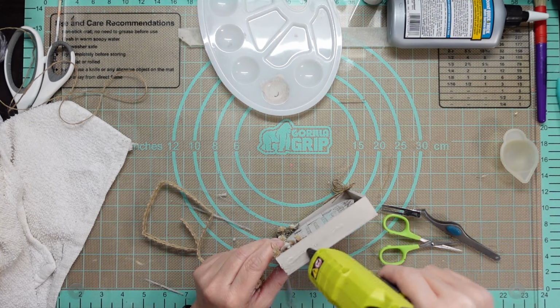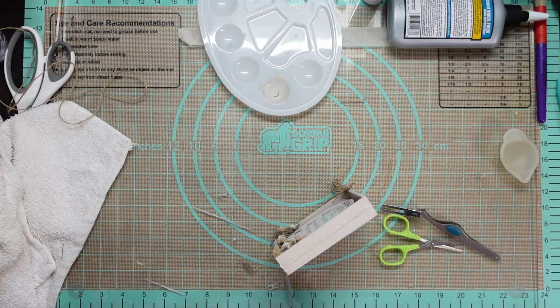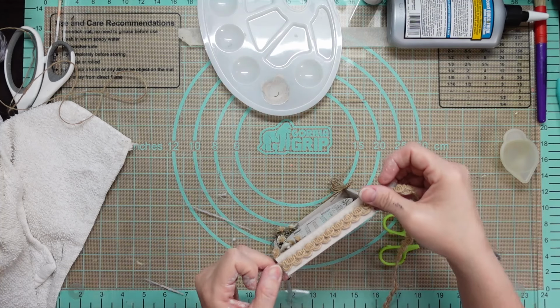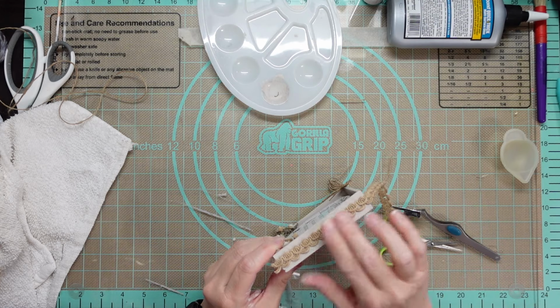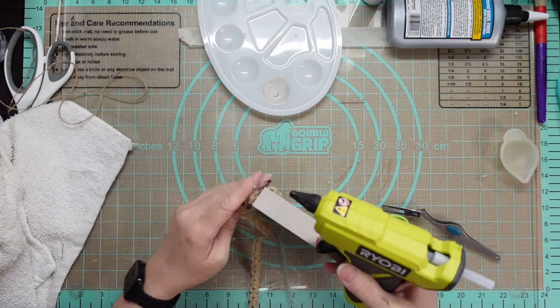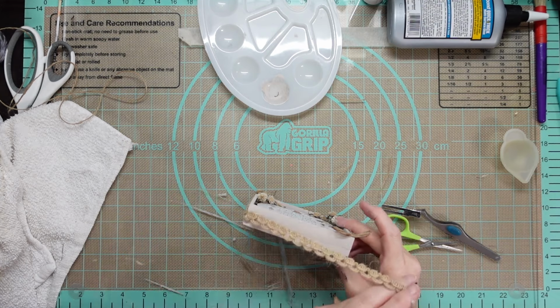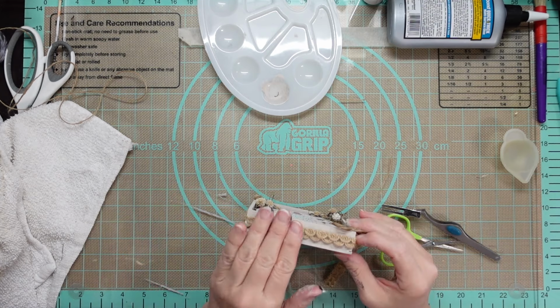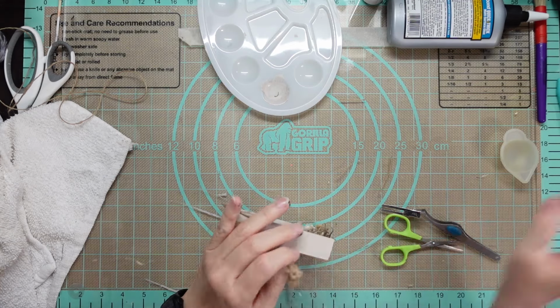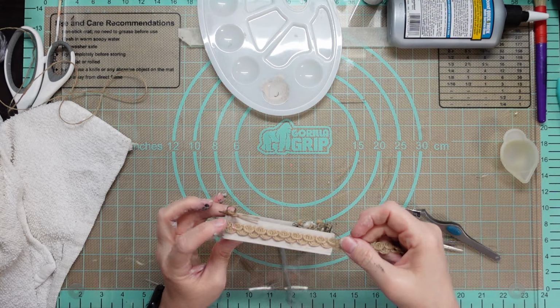So I'm going to take this jute ribbon from the Dollar Tree and I'm going to put a line of glue and I'm going to run it down, but I'm hanging it off some. And I'm doing that because I'm going to cut it off even. And I'm going to go all the way around this and just smush that down. Try to get it as centered as possible. And be careful when you're smushing, because if you get a lot of glue, it'll come through those holes on that